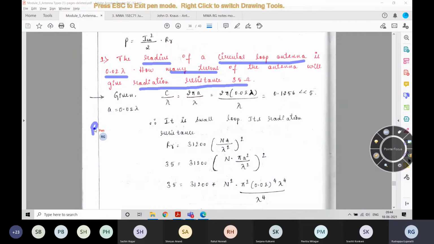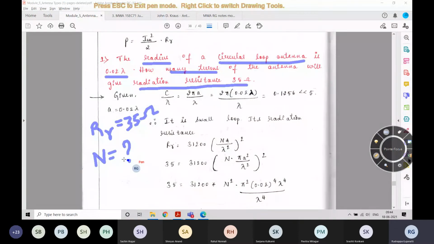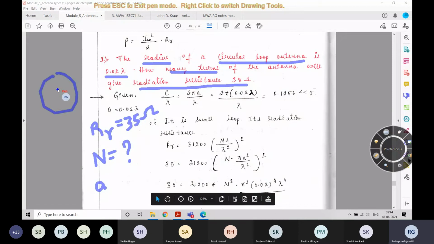So what does the problem specify? It wants a radiation resistance of 35 ohm. For this purpose, how many turns would be required for the loop? It is specified that the radius, that is A in this case, as we had seen, A is the radius of the loop antenna, is given as